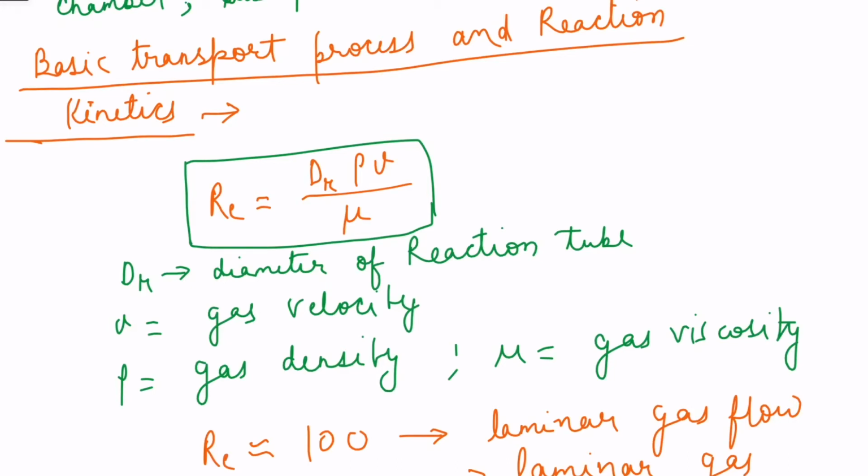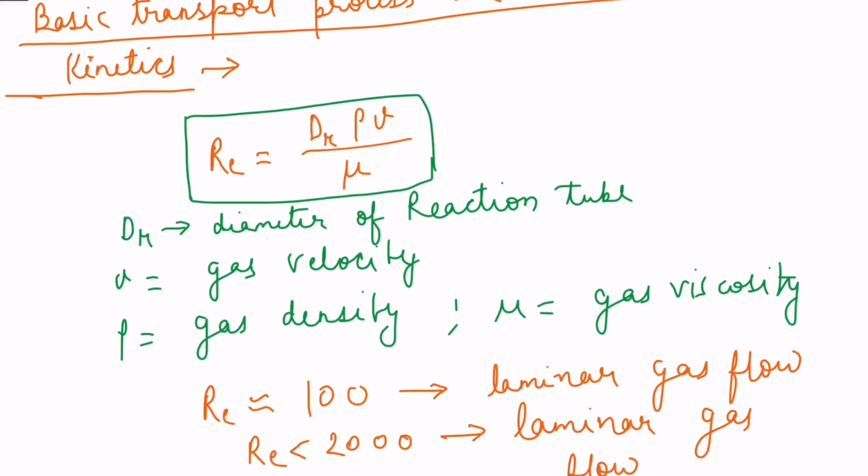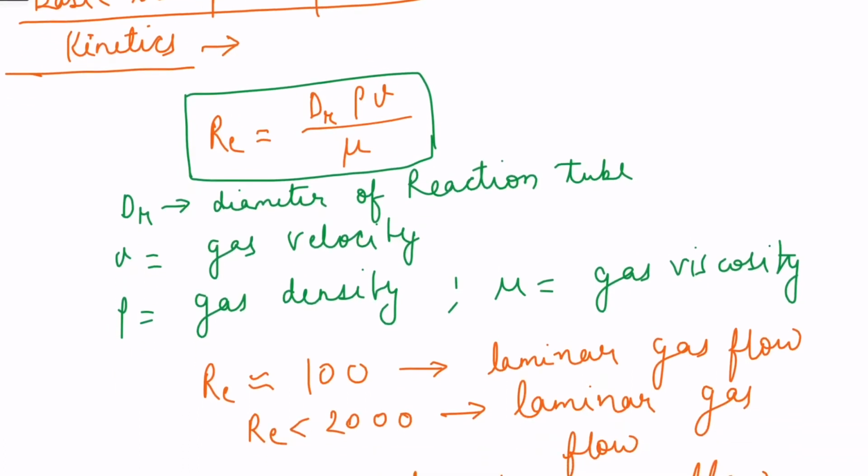The parameters dr and v are generally several centimeters and tens of centimeters per second for industrial purposes. And generally we use hydrogen as a carrier gas,